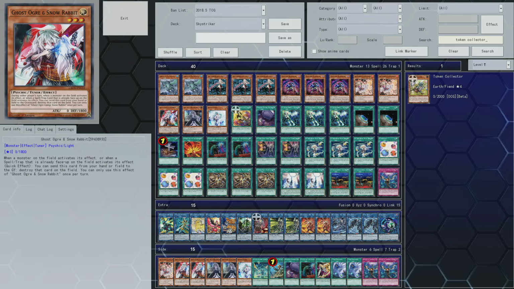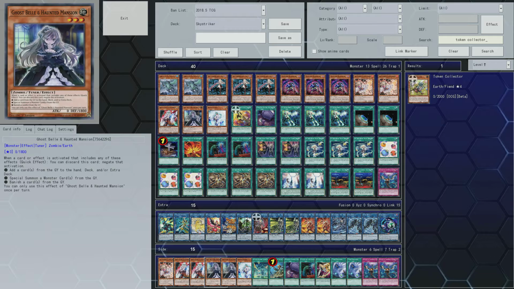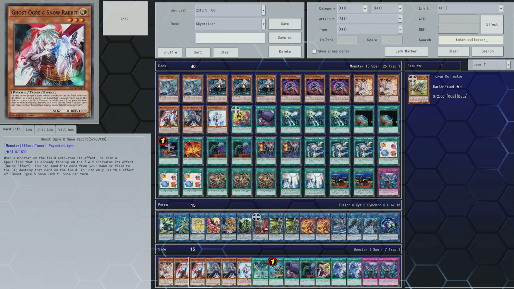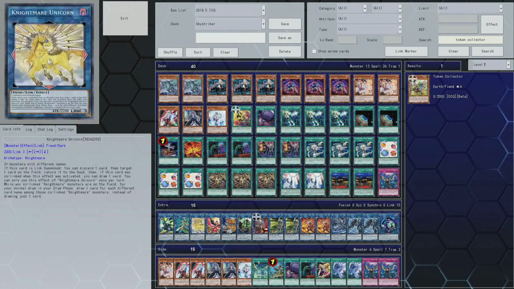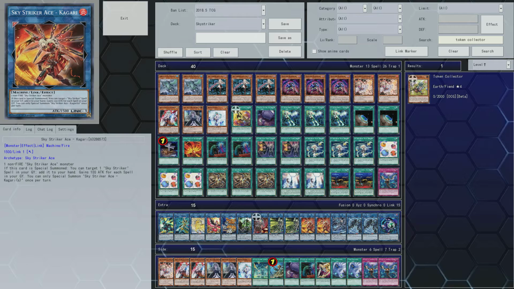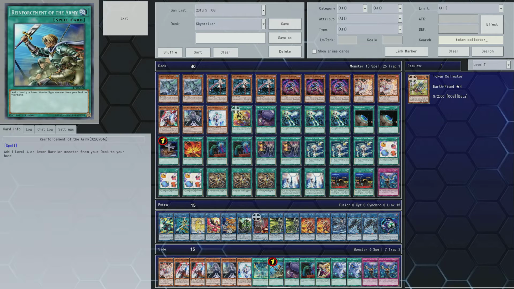Again, with my side deck, I haven't put an incredible amount of thought into it. I've just got all my extra hand traps here, so if I am going against someone who, say, is not using many graveyard effects, I could swap out Ghost Belle for maybe another Ghost Ogre or Ash Blossom, and vice versa. I've got loads of different hand traps here for different combinations. Jamming Waves if I find I need it in a certain duel. Reinforcement of the Army I used to run in my main deck, but I took it out, I think, in favor of maybe Infinite